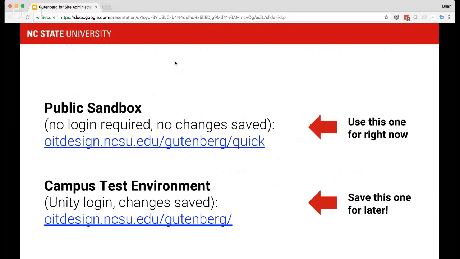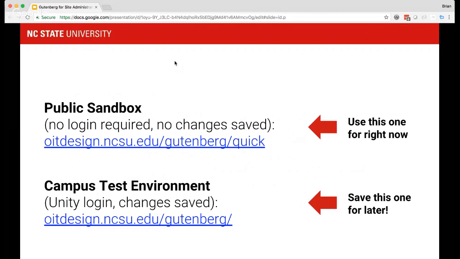It's only available to NC State users, but you can go in and create a test website and build and save and create content to your heart's content. We really encourage people to go in and do as much as you can to get to know the new editor. But for just right now, just to get a quick look, I want you to use the first option,